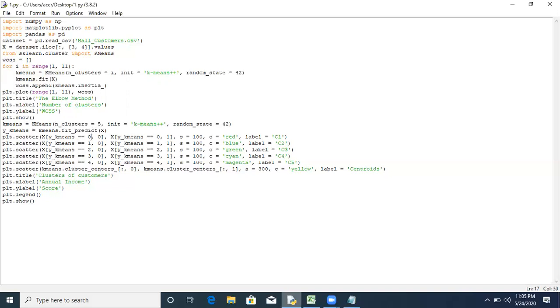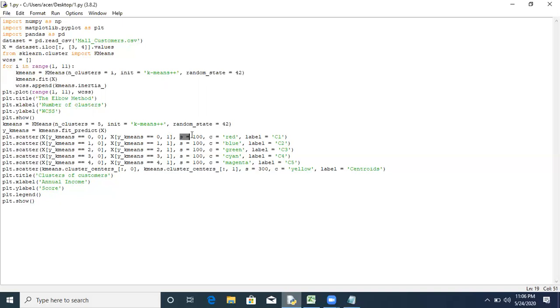So this initial value is nothing but the cluster number, and the second value, 0, is nothing but the first column of data x, that is, x coordinates of all the observation points that belong to cluster 1. Similarly here it represents y coordinates.